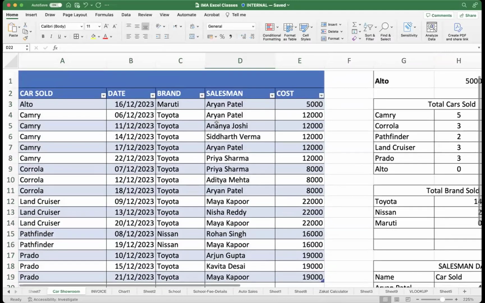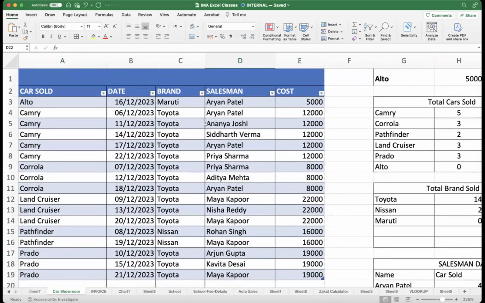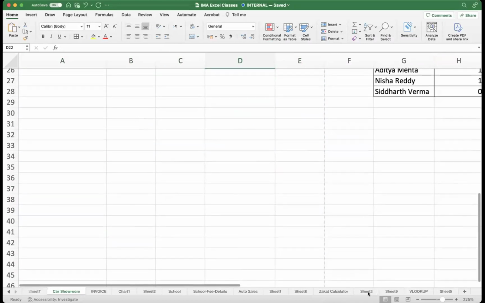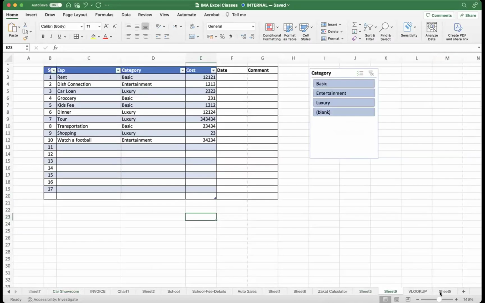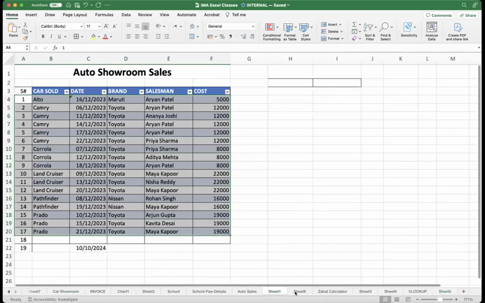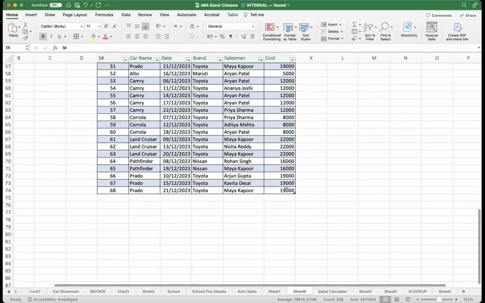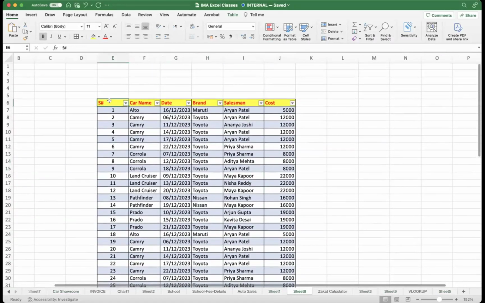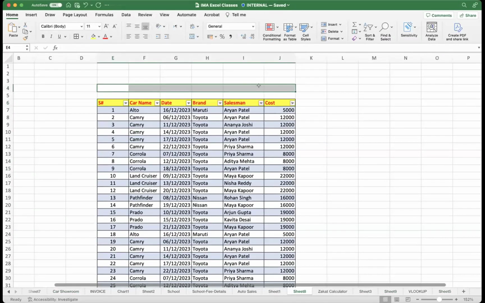Sometimes, for example, assume that you have a very big data. This sheet I will show you. We converted a lot. Assume this is a very long data. You want to print this, and on every page, you want to show a particular image. For example, last time we saw here, if you want to put a header or something, then what you need to do is go